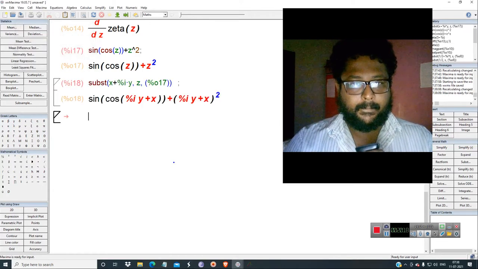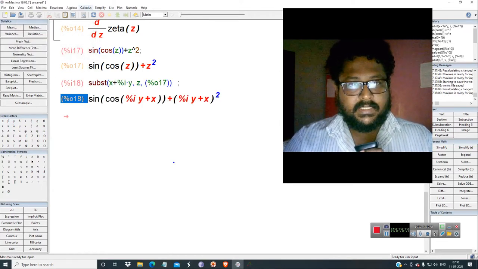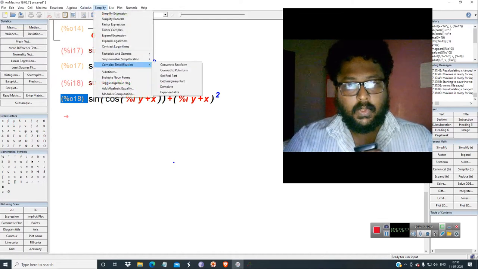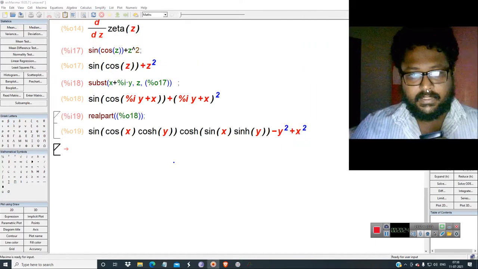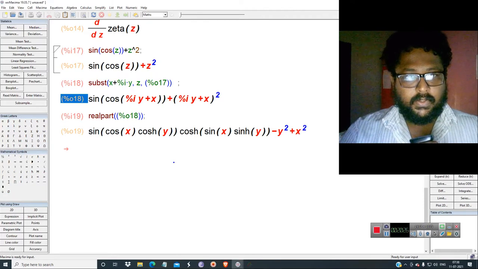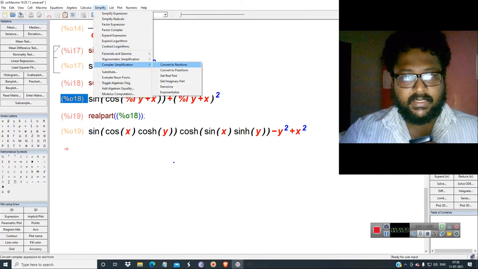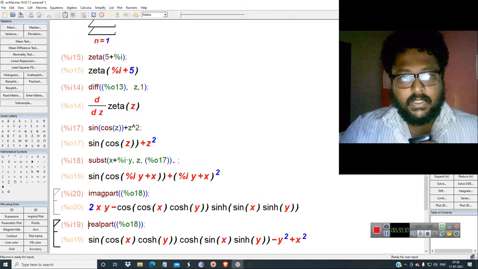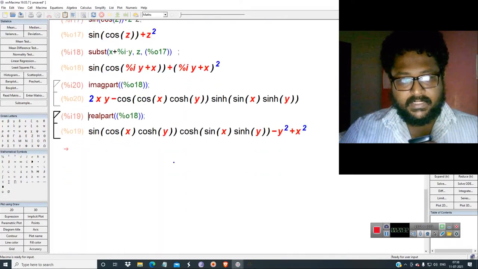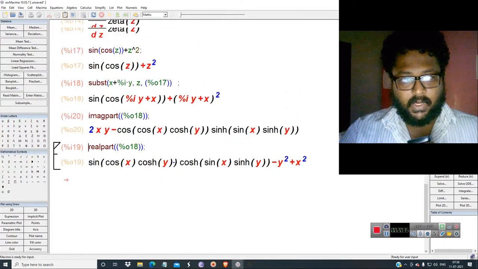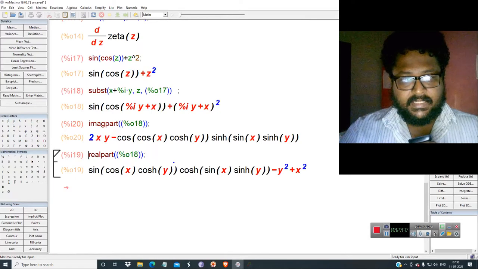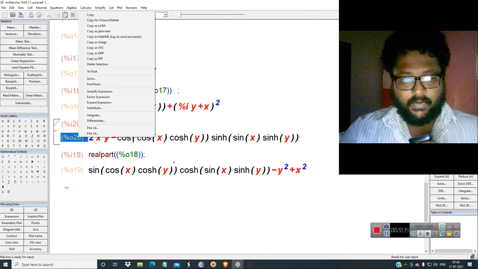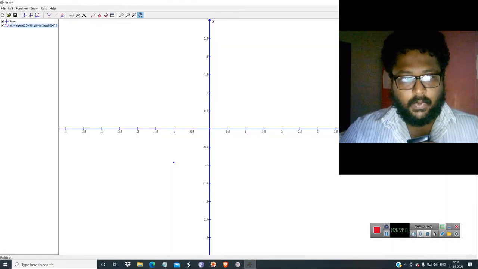Now you separate this into the real part. It becomes like this, and after that you simplify this and get the imaginary part like this. In the same manner I am copying this function and plotting it, just like the Riemann hypothesis.